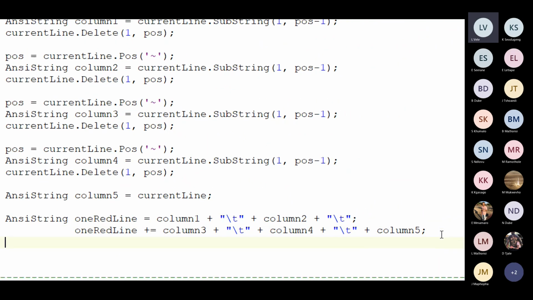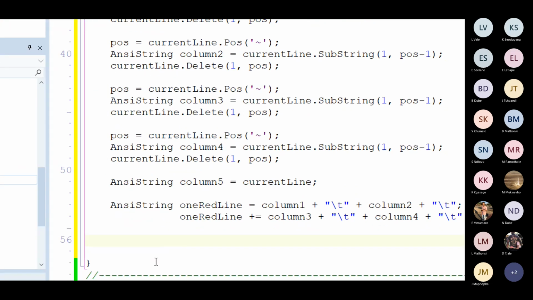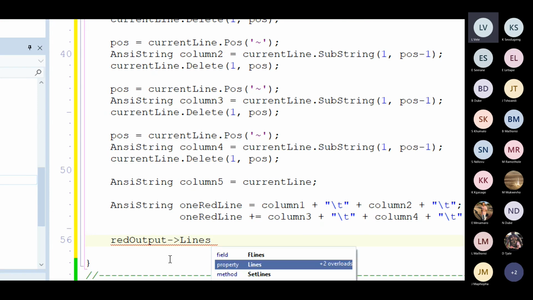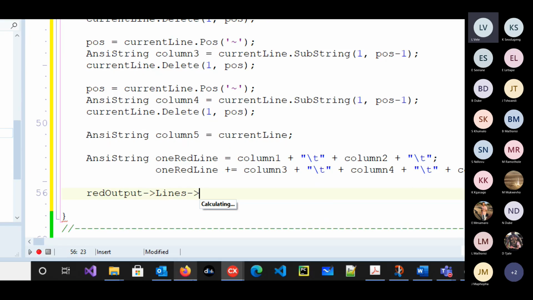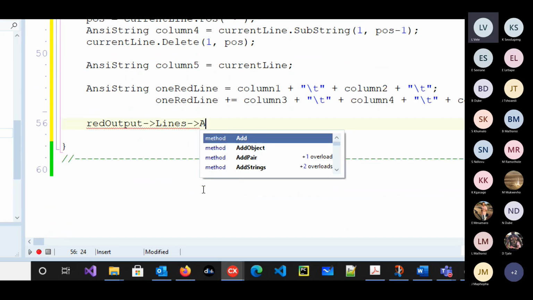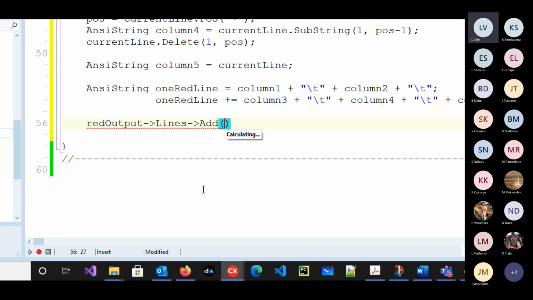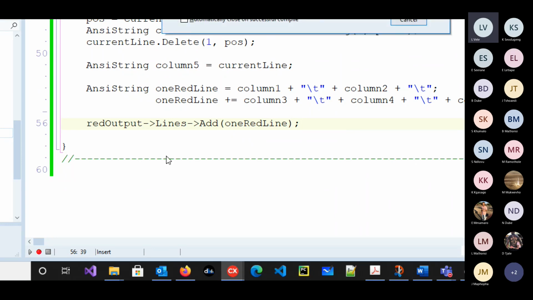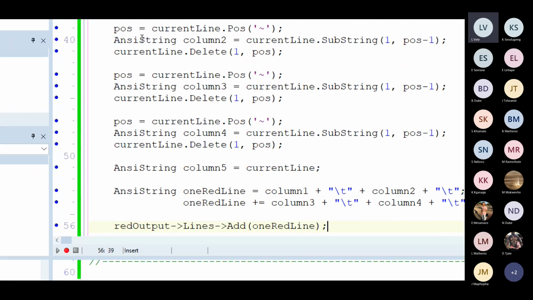And now let's just send this line to our rich edit. As you have seen, our rich edit works with lines. So you'll always say rich edit and then the lines property, and from here you want to add a line. So we are going to say add, and then we add our one red line like that. So if we can quickly debug this,